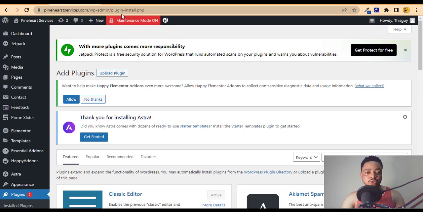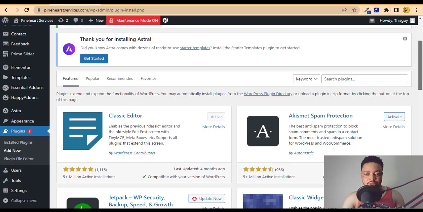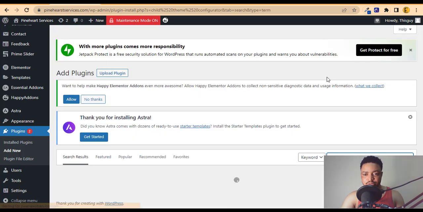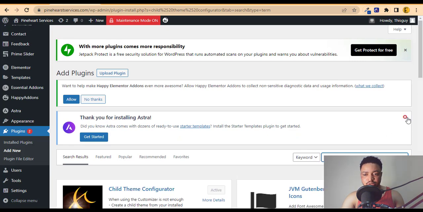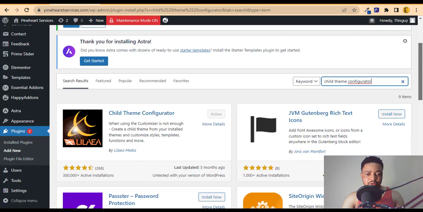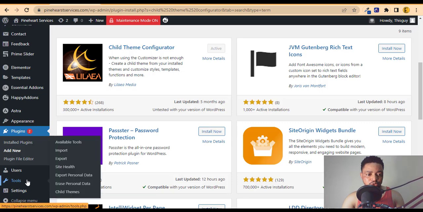parent theme. So first of all, you want to install the plugin, the Child Theme Configurator. So you're going to search for it here, Child Theme Configurator. So once you search for it, you're going to install. So this is it right here. And once you've installed and activated, you want to go to Tools, and then you want to come over to Child Themes, and then you're going to click on it,